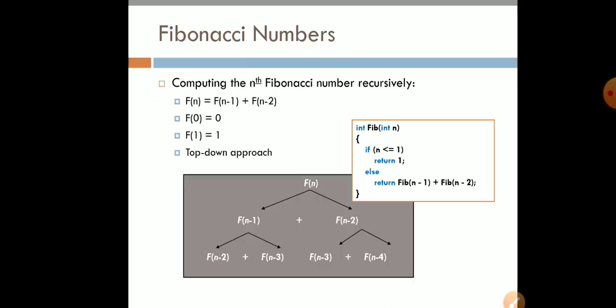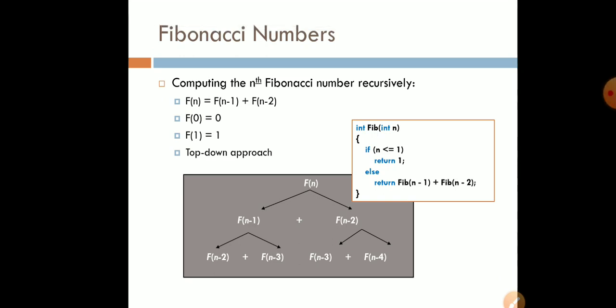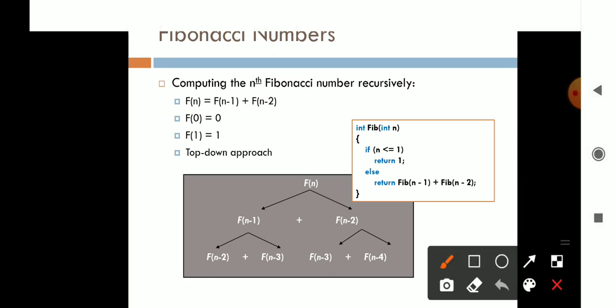You know very well what is meant by the Fibonacci series. We know Fibonacci numbers. What is the Fibonacci number? Here, the first number is 0 and the second number is 1. After that, if we want to find the next number of the Fibonacci series, we just add the first number and the second number.